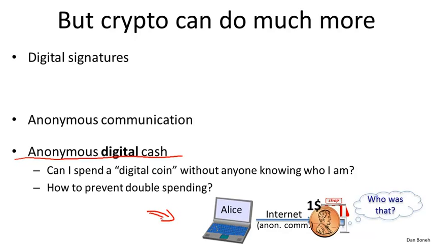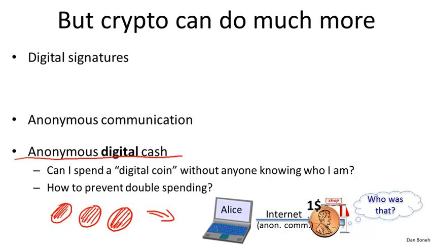Now the problem is that in the digital world, Alice can take the coin that she had, this $1 coin, and before she spent it, she can actually make copies of it. And then all of a sudden, instead of having just a $1 coin, she has $3 coins, and they're all the same, of course. And there's nothing preventing her from taking those replicas of the dollar coin and spending them at other merchants. And so the question is, how do we provide anonymous digital cash, but at the same time also prevent Alice from double spending the dollar coin at different merchants?